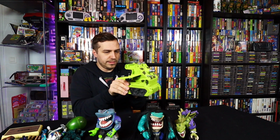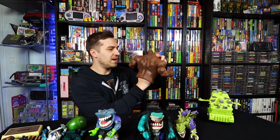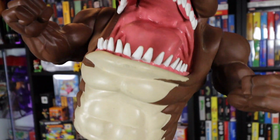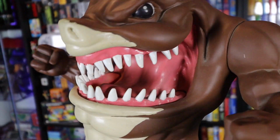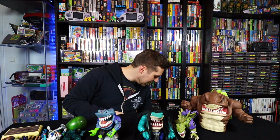So little tank thing. Now this was probably one of the main things where I was like, this lot is probably gonna be worth it. It had one of these big hand puppet Street Sharks in there. So yeah, Slammo. That's pretty freaking nice. Jawsome. Yeah. So that totally already made it for me. This big Street Shark thing. Then we got the Moby Dick,